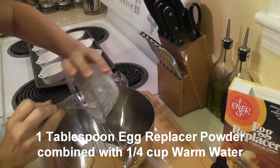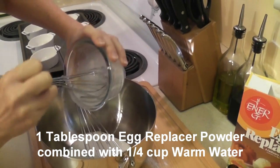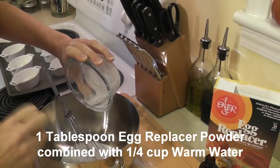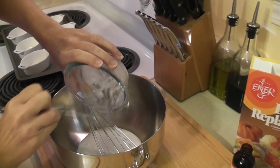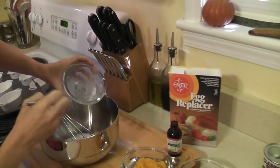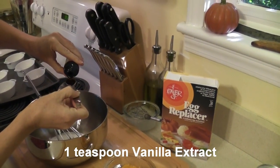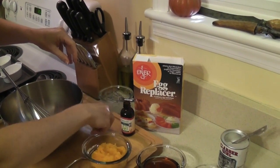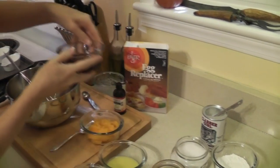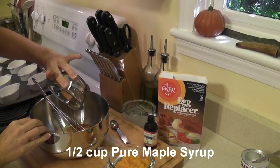You know I use the Energy brand, and I've put the 1 tablespoon of powder in a 1/4 cup of warm water, and I've whisked that and let it sit at room temperature for just about 10 minutes to get thick. So we have that. I'm going to add in here a teaspoon of vanilla extract. And we don't really have a particular order we need to add these today, so they're all going to get whisked together. I have a 1/2 cup of pure maple syrup,